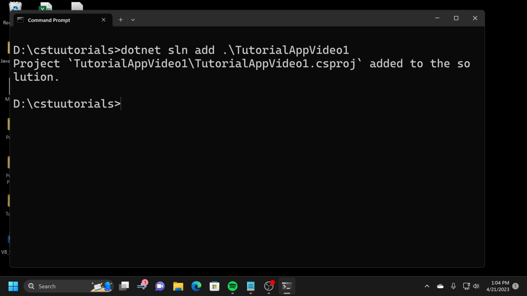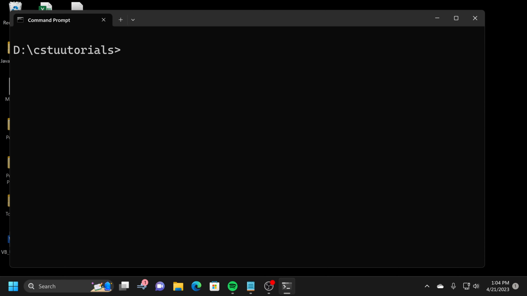And so now our project is added to the solution. Exactly what we wanted. Now, of course, this isn't going to matter a whole lot if you're using Visual Studio Code to edit your project, because you can't open a solution in Visual Studio Code the same way you can in Visual Studio. But I do still recommend doing it,